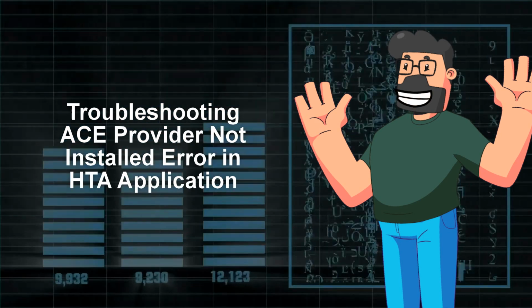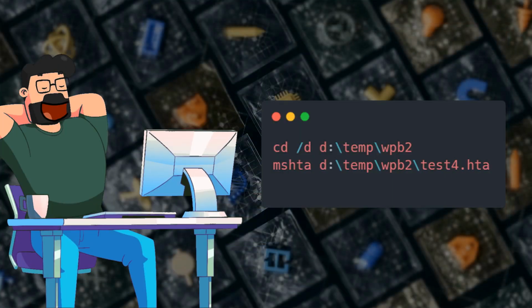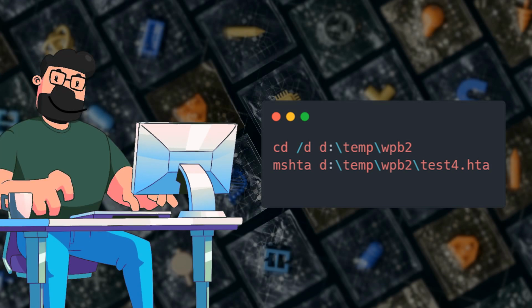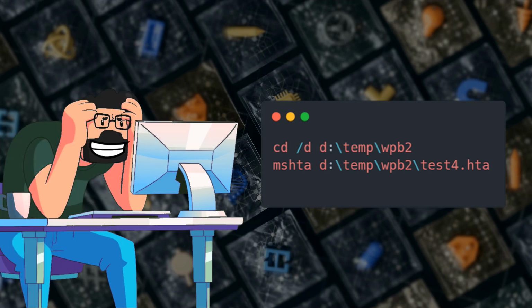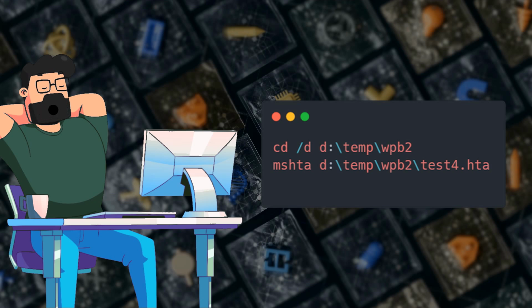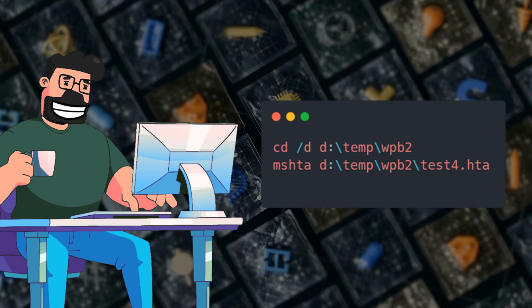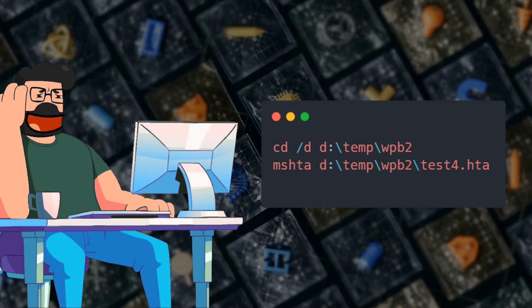troublesome situation. In the solution, to address the issue with the HTA running in 32-bit mode, we need to run the HTA in 64-bit mode instead. By utilizing the command cd d:/temp/wpb2 single quote followed by md:/temp/wpb2/test4.hta single quote, you can ensure that the HTA script runs correctly. This simple adjustment will allow the script to access the Excel sheet without any hiccups, providing a seamless experience for